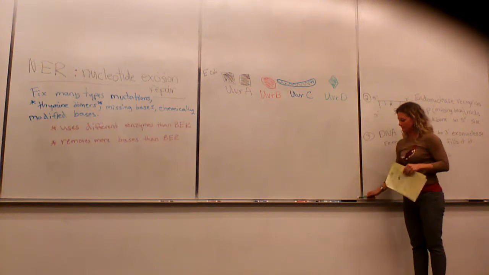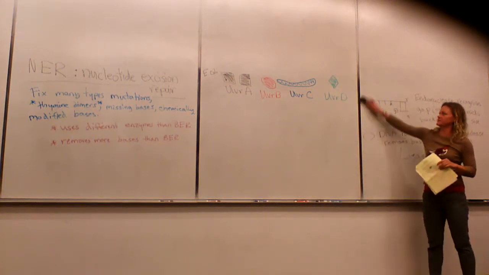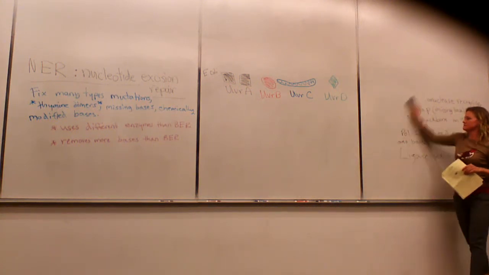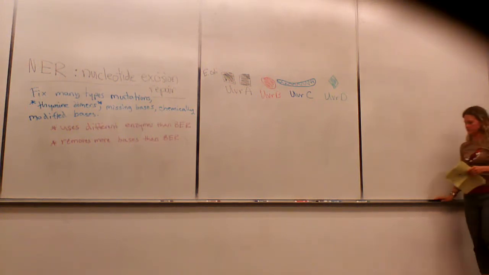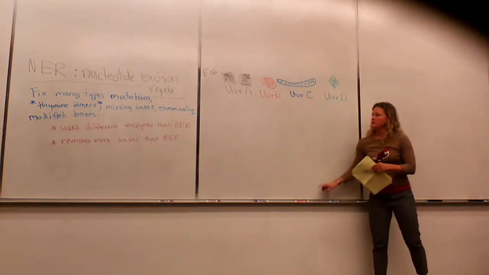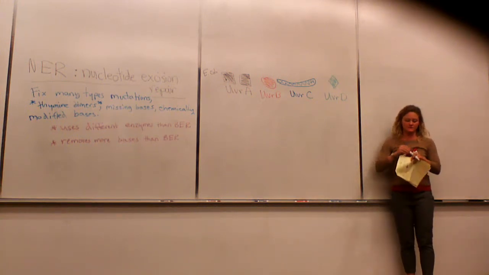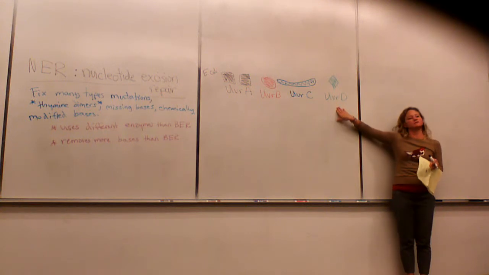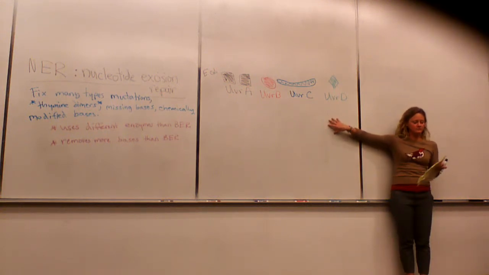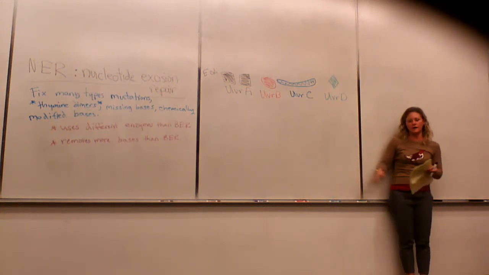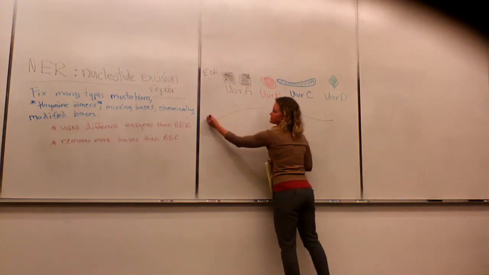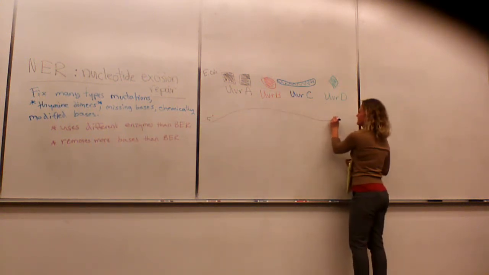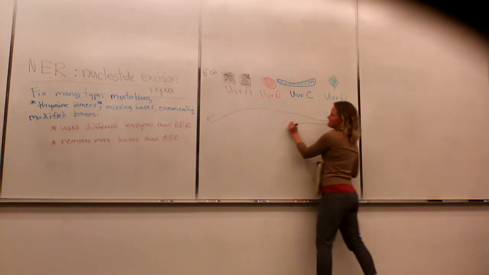Okay. And I'm just picking arbitrary symbols and colors because I'm a visual learner. Okay, so this is our list of proteins that are going to be involved in this pathway, okay? And then we can kind of list out what this is going to look like. So if you have your strand of DNA, and if we have something like